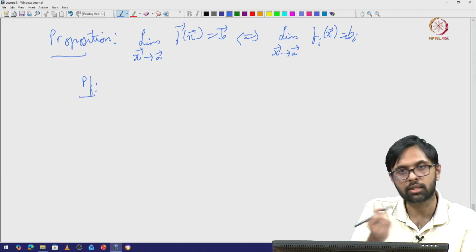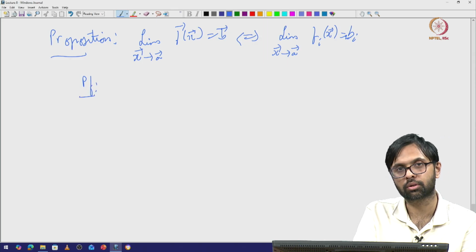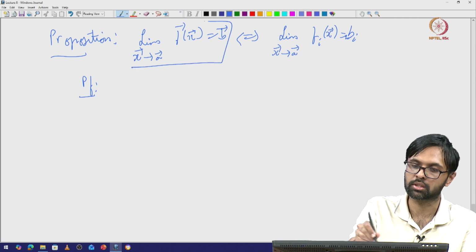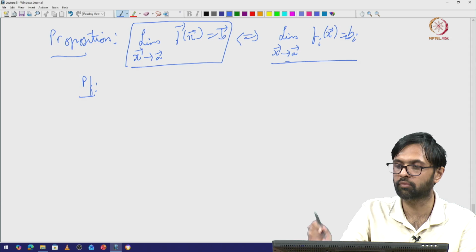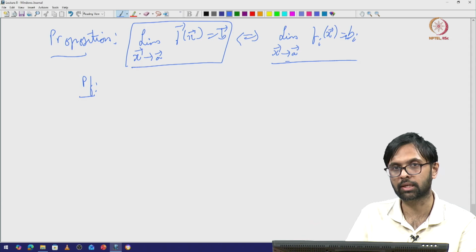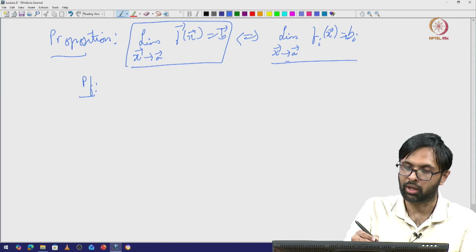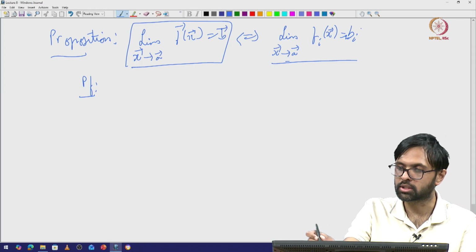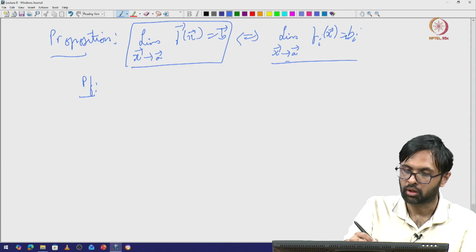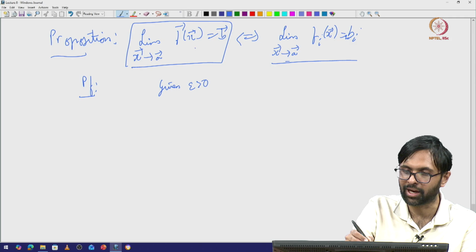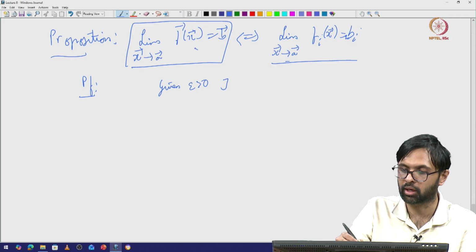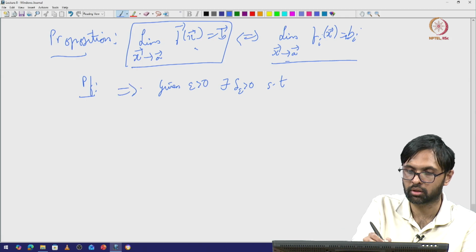It's a very simple thing, but we will prove it nonetheless so that we gain practice on how to do this. Suppose this limit exists. I want to show that the limit of each of these components exists and is equal to what we would expect. Well, what would it mean for this limit to be equal to this? Given epsilon positive, the fact that this limit exists implies that there exists a delta positive such that, so this is one direction,